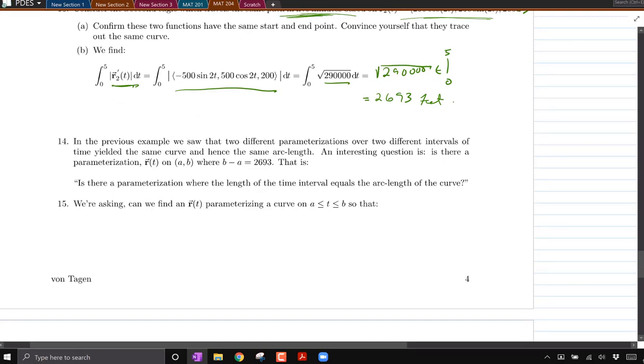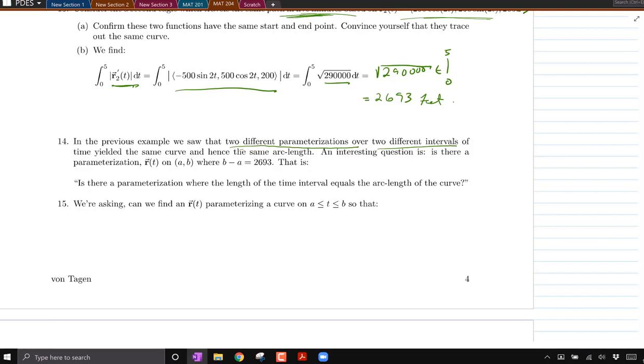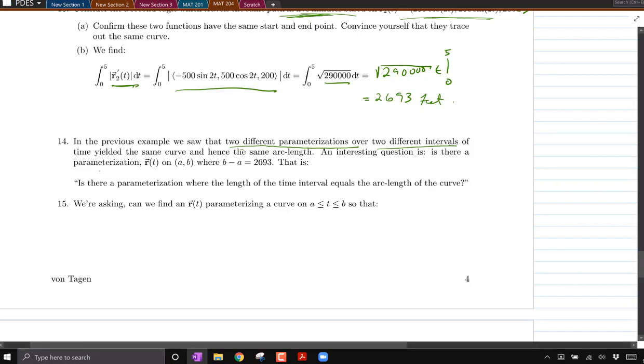So, in the previous two examples, we saw two different parameterizations over two different intervals. And we're getting ready to talk about a topic called the arc length parameterization. That's what I'm getting ready for. And the question that we want to ask is, is there a way we could parameterize this curve so that